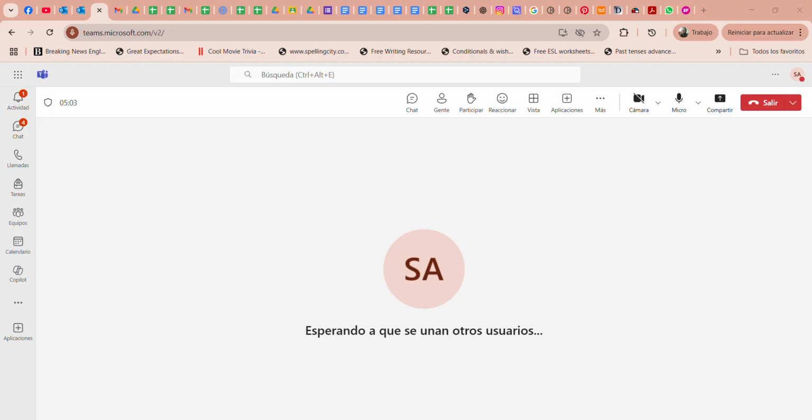Then we have examples of frequency adverbs. For example, I always brush my teeth in the morning. Yo siempre cepillo, so it's 100%. She usually drives to work on time. Ella usualmente llega al trabajo a tiempo, most of the time. I visit my grandparents frequently. Yo visito a mis abuelos con frecuencia. My dog often sleeps on my bed with me. Sometimes she eats eggs for breakfast. I go for a walk in the park occasionally. We seldom eat out. My family rarely goes on vacation. I never sleep. He never helps me clean the house.